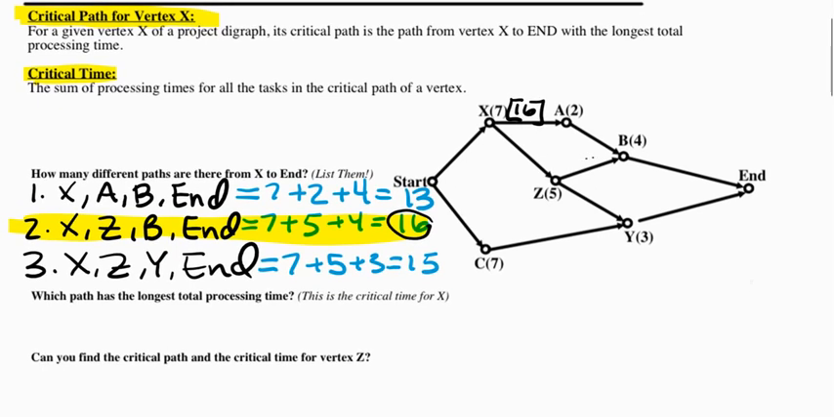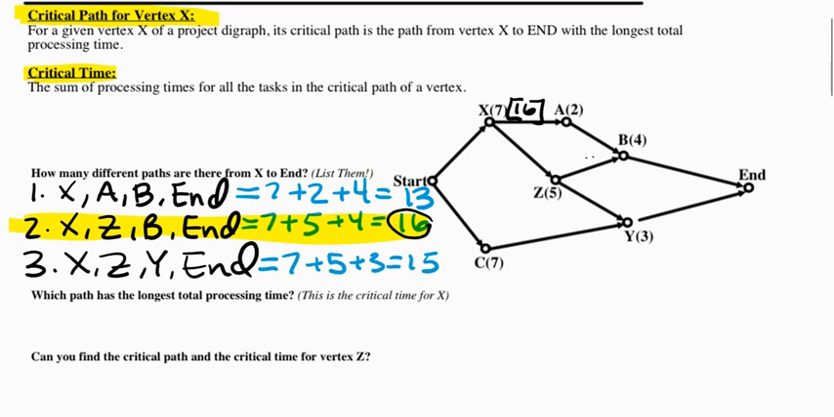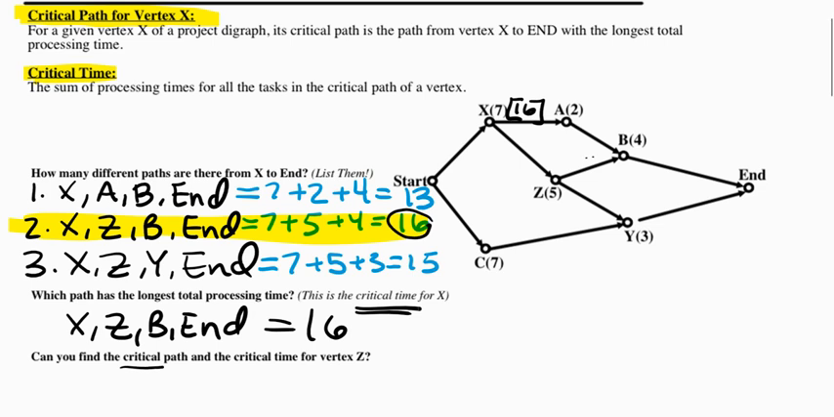So, the next question, which path has the longest total processing time? We identified that, X Z B end, and the processing time is 16, and that's the definition of critical time for X. And can we identify the critical path and the critical time for vertex Z? So again, we'd want to write out the list. What are all of the different ways we can get from Z to the end? And we see we only have two paths this time, Z to B to end and Z to Y to end. So if we write these out,